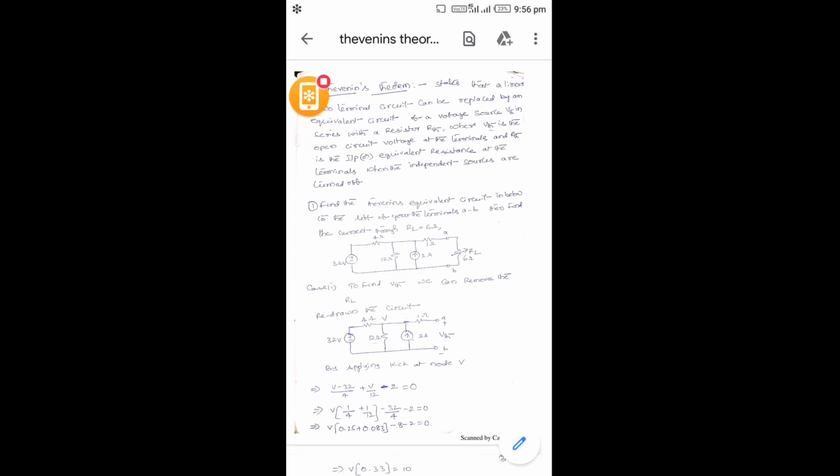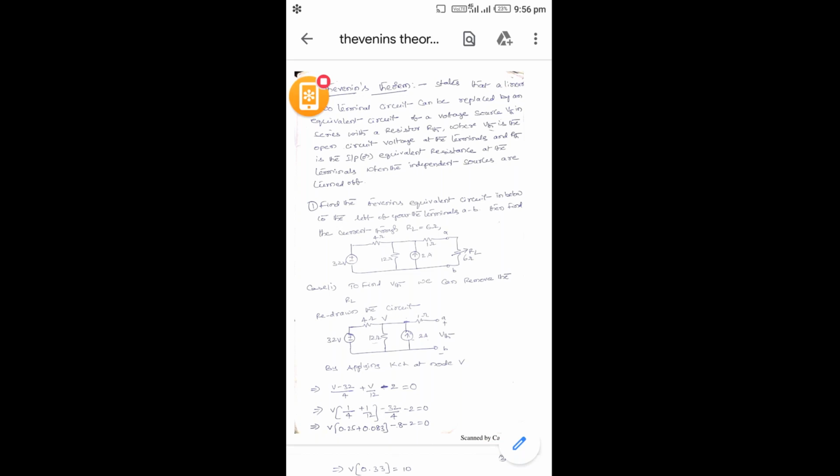First, we calculate the Thevenin's voltage from the respective terminals A and B. When the terminals are across any element, that element is open and we replace it with VTH. At the same time, to find RTH, the voltage sources and current sources are turned off, and we only draw the resistance elements across A and B to find RTH.